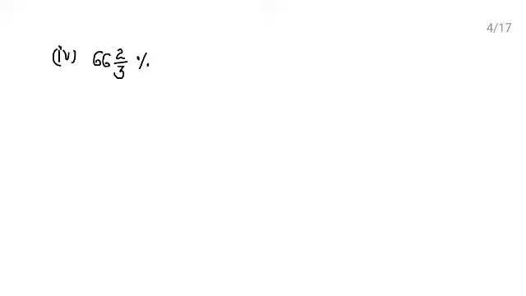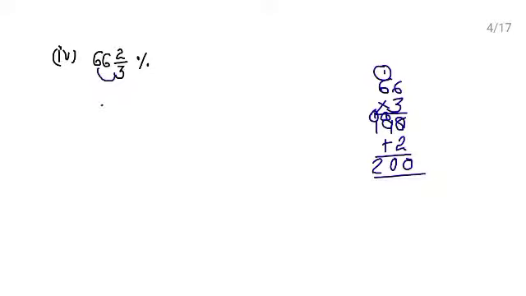Next part, the fourth part is, first of all, they have given in mixed fraction. So you will change it into an improper fraction. How do you change it? Multiply 3 by 66. 66 से 3 को मल्टीप्लाई करते हैं. 3 sixes are 18, plus 1, 19. Then add the numerator. It becomes 8 plus 2, 10. 9 plus 1, 10. 1 plus 1, 2. So this is 200. Clear? So this is in the improper fraction, 200 upon 3%.